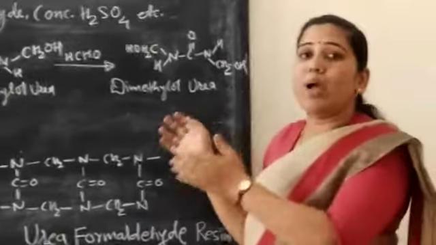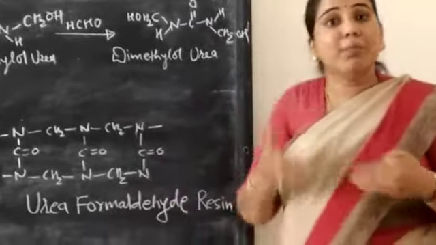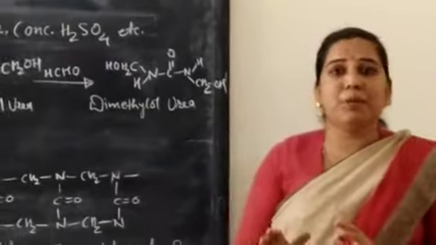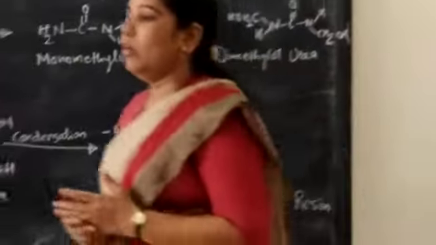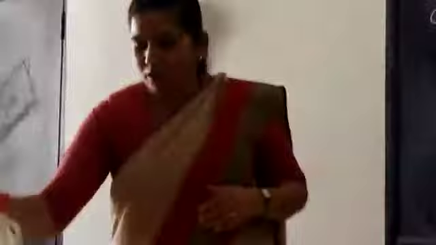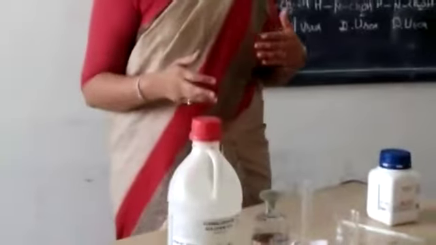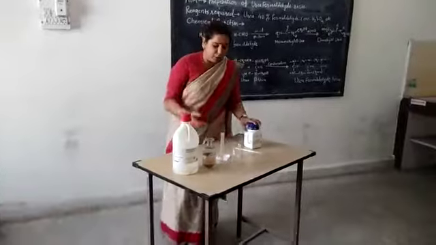Now we have seen how the reaction actually occurs, but now by the procedure we have to see how the process goes on. It is a very simple experiment, that we will see just now. Here you can see we will need in this experiment, as we have written here, urea, 40% formaldehyde and concentrated H2SO4. So here there is a 37% formaldehyde solution. Then this urea, it is simple urea. You might have heard this word and seen it also, because this urea is used as a fertilizer by a number of farmers.